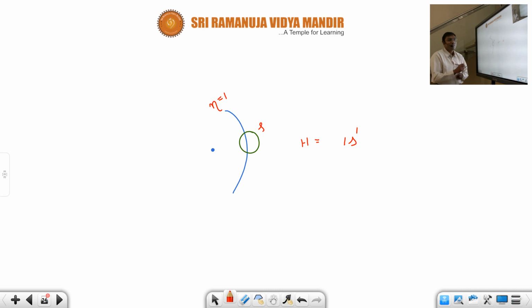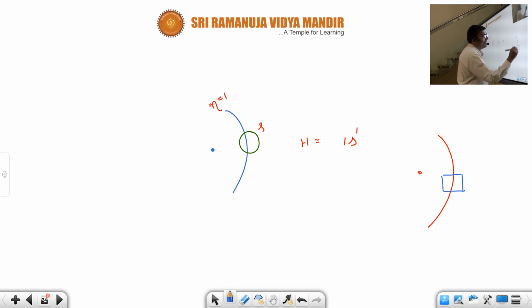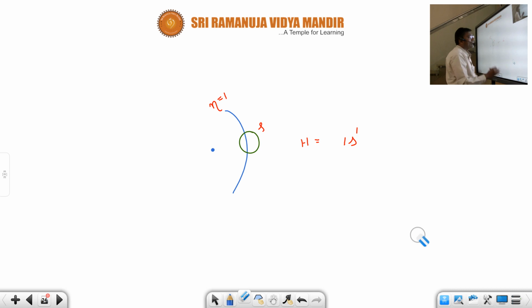For example, in the first floor there is a room. Let us assume it is a spherical room. In the first floor, there is a room called the spherical room. Who is residing in the spherical room? The electron is residing. I hope I have given some clarity. So this is the electronic configuration of hydrogen.